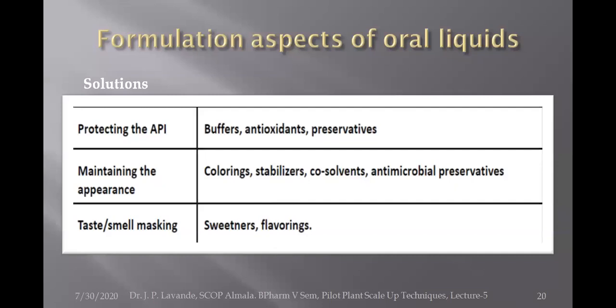In such a case, the effect of the solvent may lead to degradation of the active pharmaceutical agent. So it should be prevented by adding buffers, antioxidants, and preservatives against changes in pH, oxidation, and